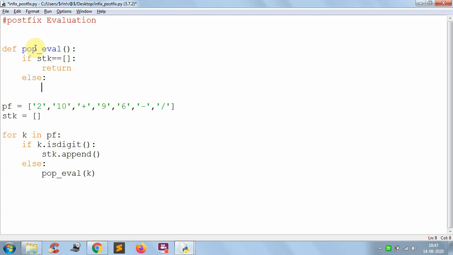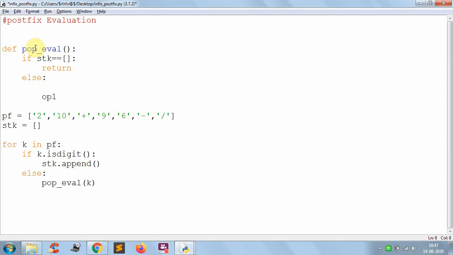First you have to remove the top two elements from the stack. So how to do it?